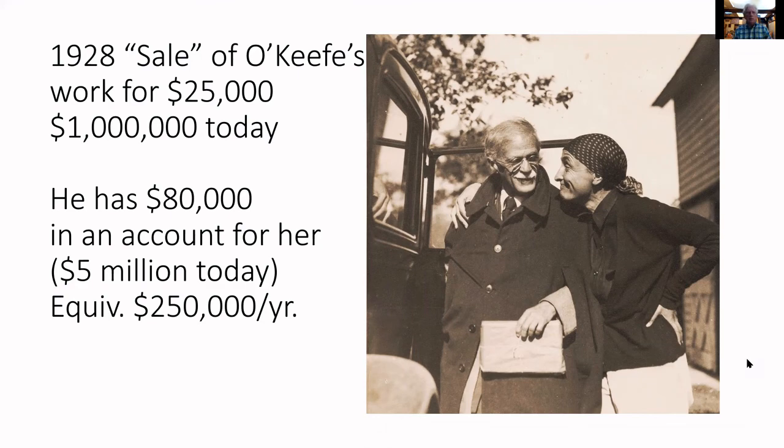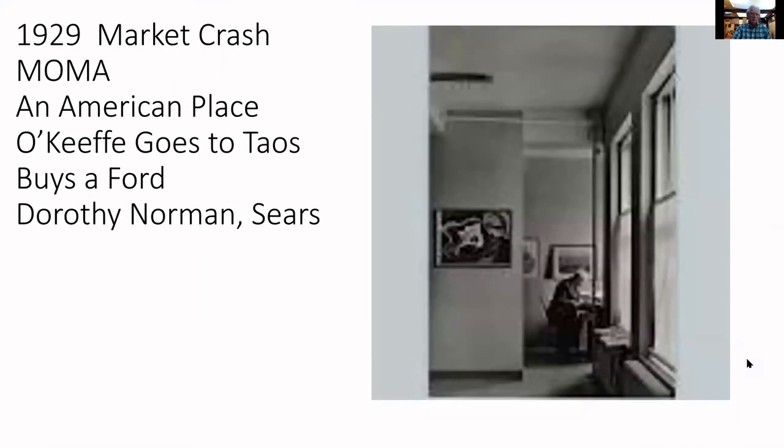And he's been saving money and putting money aside for her. And so by 1929, he has an account with $80,000 in it that she can live on the interest, which at that time would have been equivalent to $250,000 a year of income. So, you know, he was incredibly generous to people he cared about. But then the market crashes. And also that same year, 1929, Museum of Modern Art opens. And he opens another gallery because the Strands, Paul and Becky Strand, get together $15,000 and give him the money to start a new gallery.